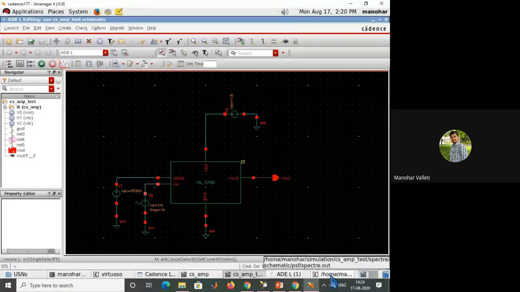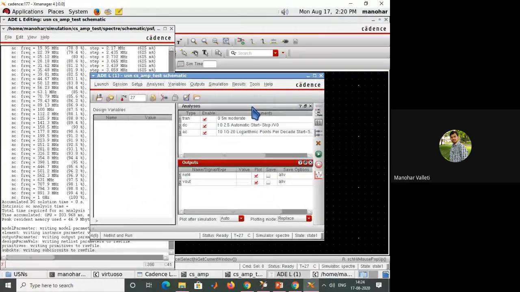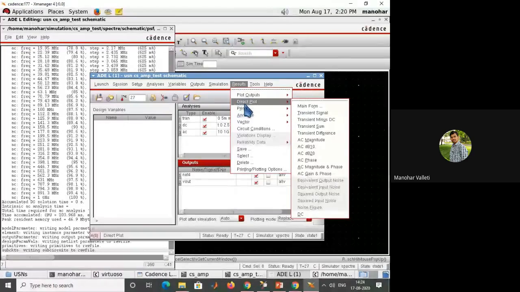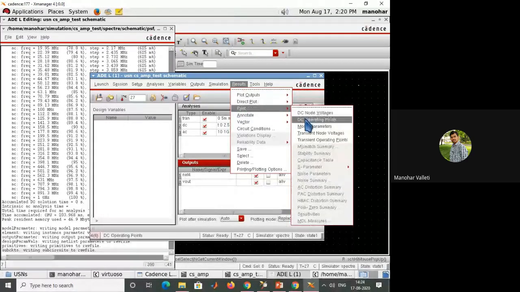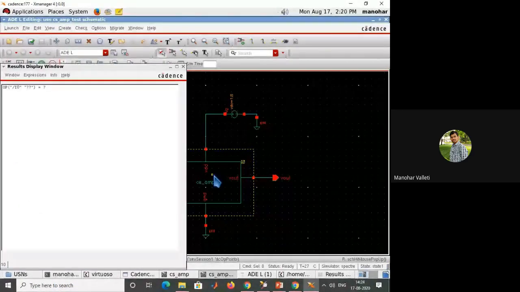And as I told you, we need to measure the DC values. So for that, we'll go for result, print, DC operating points. We just select.